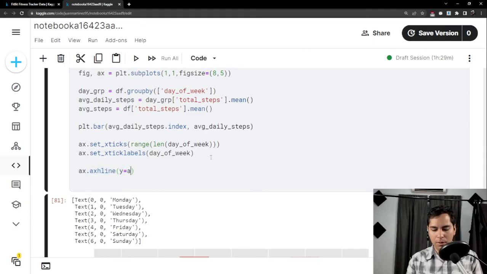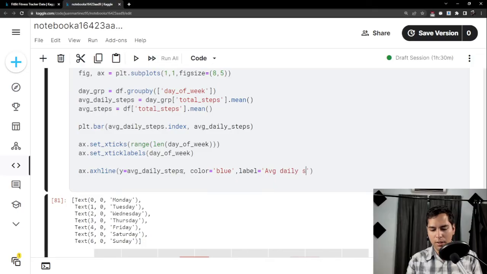The y value is going to be this, and also, okay, the color, I need to specify a color which is going to be red or blue in this case, and the label is going to be